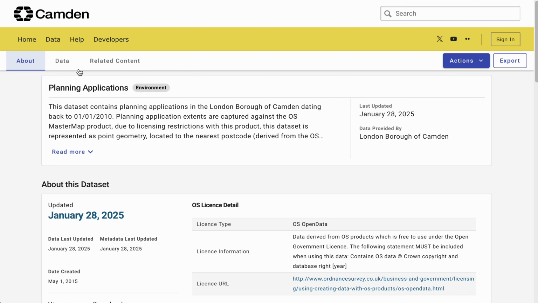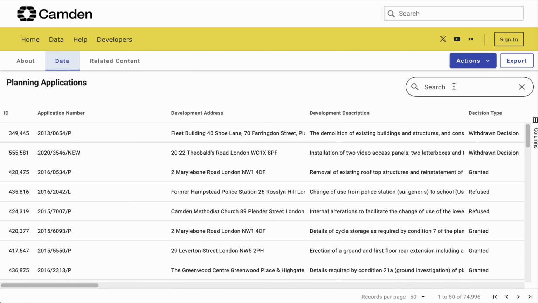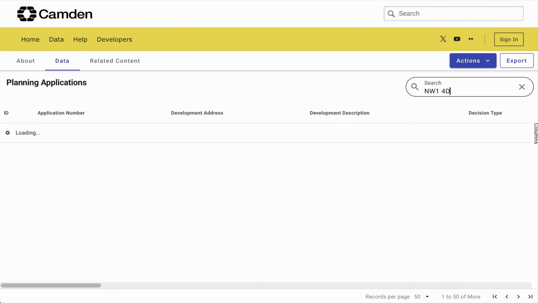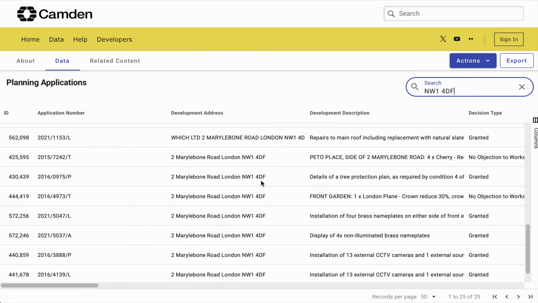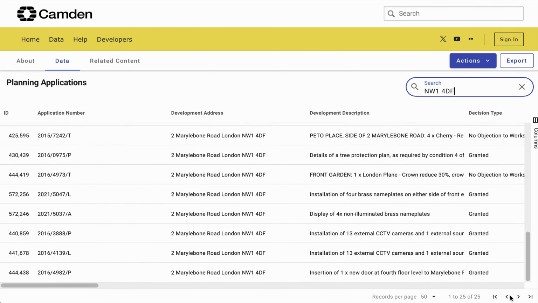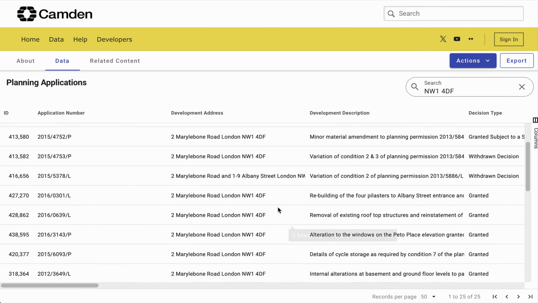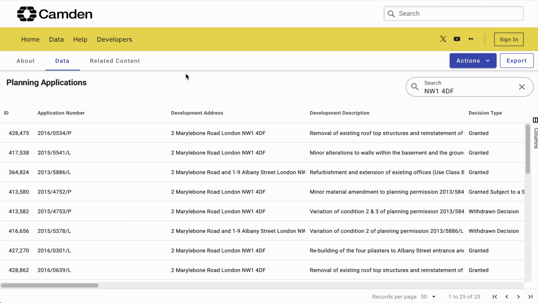And then if we want to look inside the portal, we can also look here for NW1 4DF. And we will see here that it gives us 25 results. But I calculated it with ODDS, there's actually 29 results. So this is pretty cool. Now back into